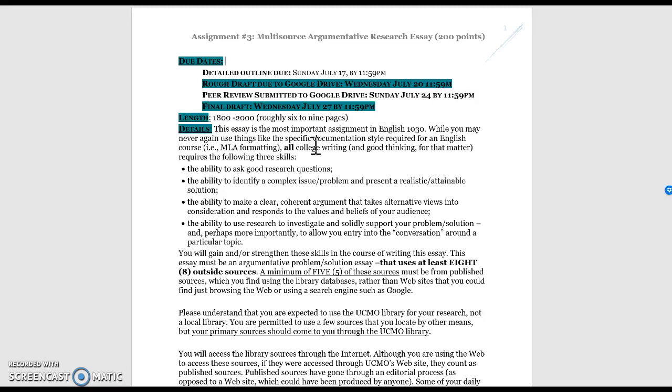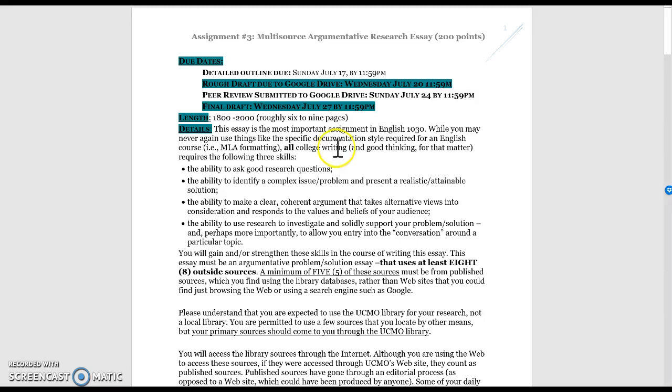Very rarely will you be asked to write things like personal narratives or things like that. Most often you'll be writing multi-source research essays that are typically opinion-based, backed up by evidence. So what I mean by that is you'll be writing argumentatively, usually, depending upon your field, rather than informatively. And that's what we're going to practice here.